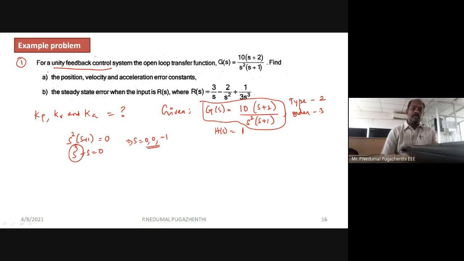Without knowing that, don't say yes, no doubt. Please ask me if you have a doubt regarding how to find the type of a system and what is the order of a system, because this type is related much with the steady state error calculations, these static error coefficients. We have already seen that you have two tabular columns provided there. Based on the type of the system, we can find the value for Kp, Kv and Ka. And also the steady state error can be obtained using the formula based on the type. So please tell me whether you have a problem in finding out the type of a system.